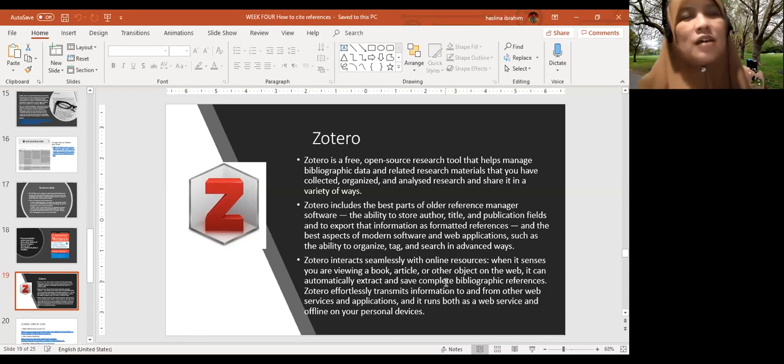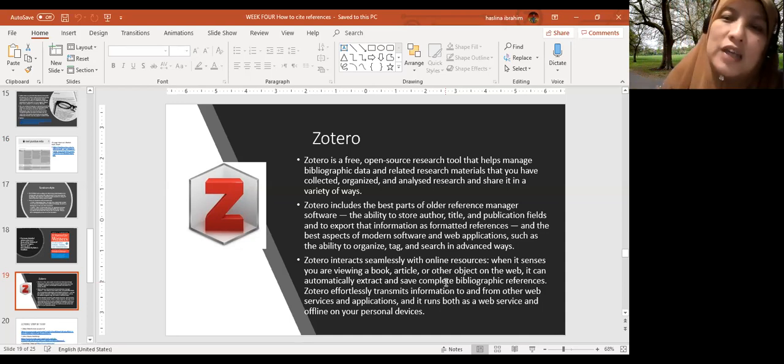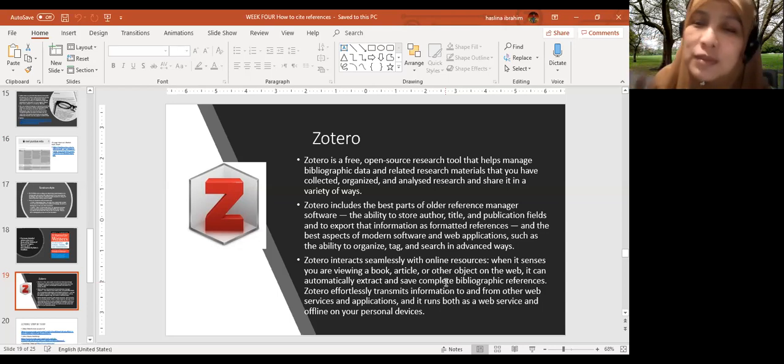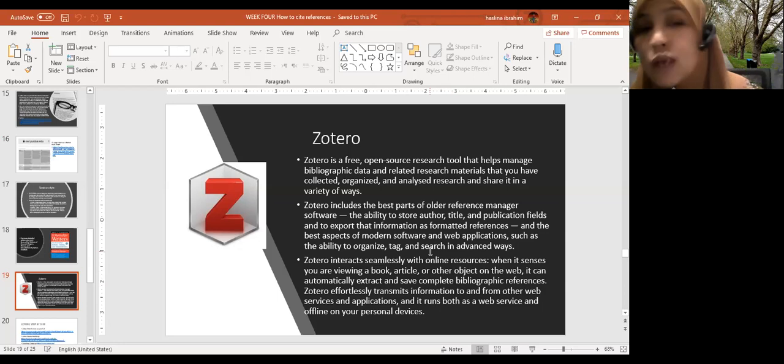This is a different century altogether. Of course, we can go to the library, but we can also work from home. We can also work from wherever we are if we have a better internet connection, and we have the digital library on our desktop. Okay, so what Zotero helps us to do is to